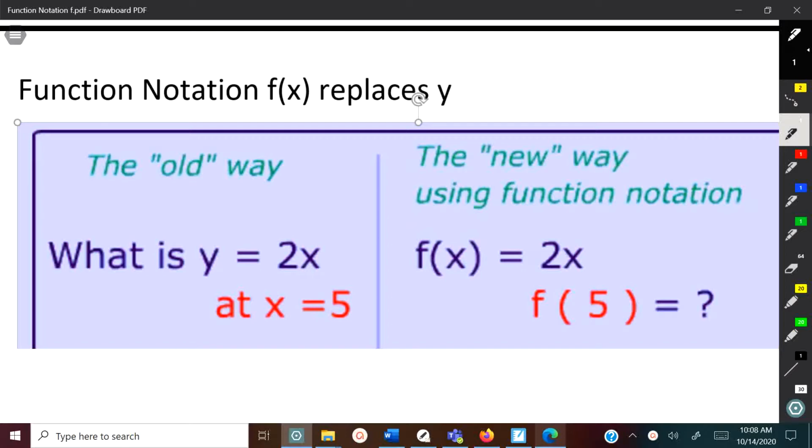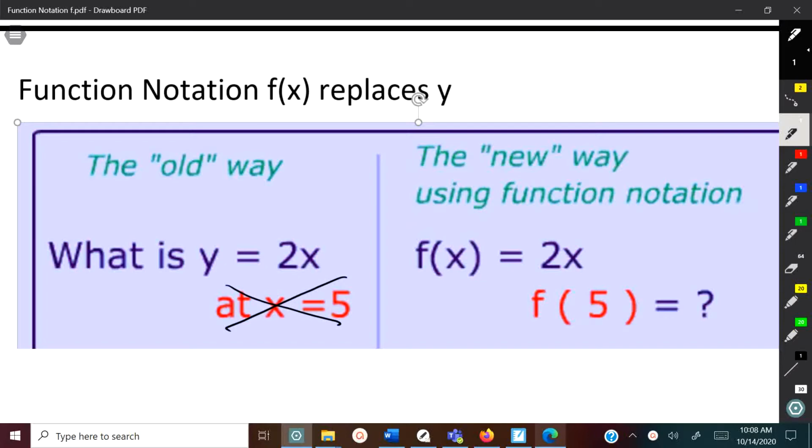Well, in the previous lesson we talked about plugging in x and finding y. What I want to do is talk about plugging in y and finding x. But what would that look like with function notation? So in this first example, this is kind of a cutaway from the last video. We took the x out and plugged in 5. But what if we take this out and let's say we don't know what x is, but we know that